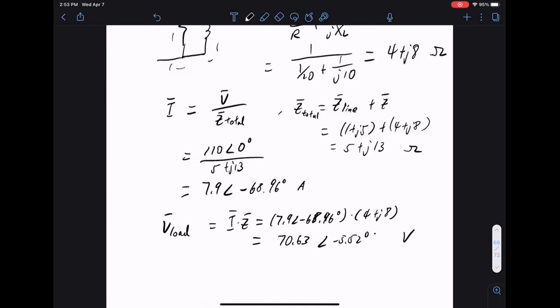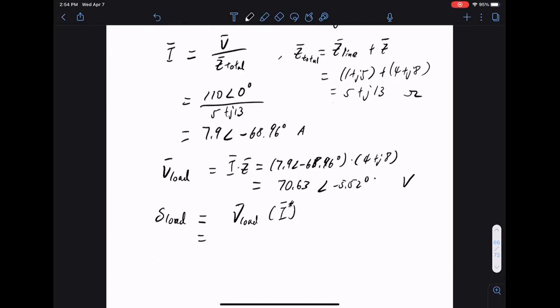But once we have the load voltage, we can pretty easily figure out what the power is, right? We know the current, we know the voltage, so we can directly compute the power consumed. So here, for example, we can do the S of the load, the complex power consumed by the load. This is V load times I conjugate. Plugging the numbers, we get